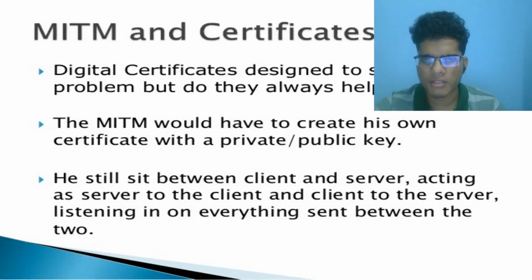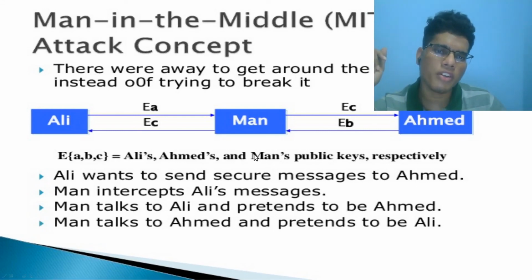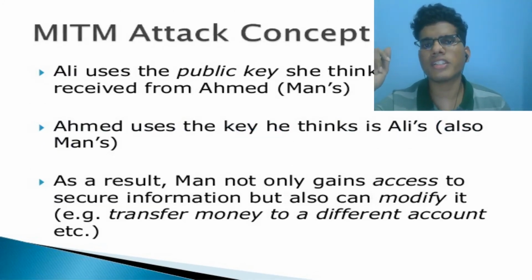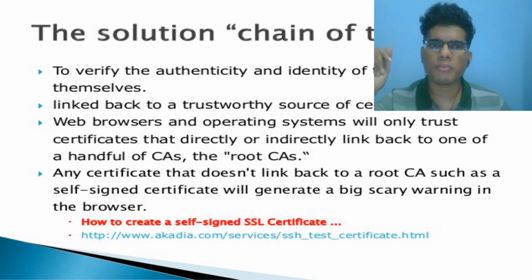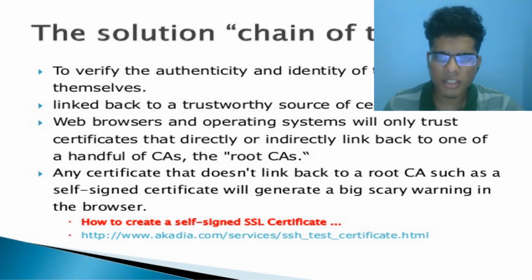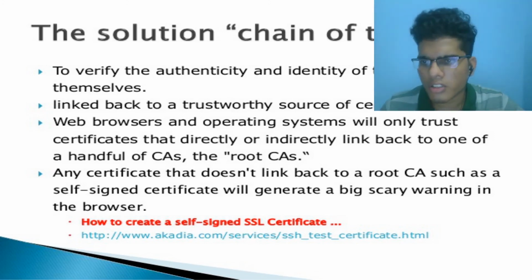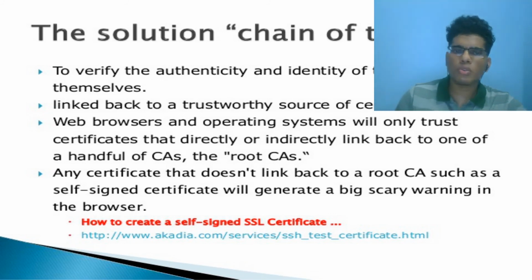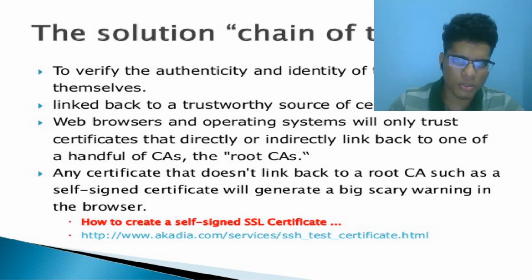What if, in this case, the man has his own certificate authority to sign his own digital certificate and his own public key? Then when the client receives that pair of digital certificate and public key, it would still succeed, because the certificate authority is itself controlled by the man, the third person. In order to avoid such situations, there are particular certificate authorities known as the root CAs. These root CAs are the most authorized and the most trusted certificate authorities by a particular browser.